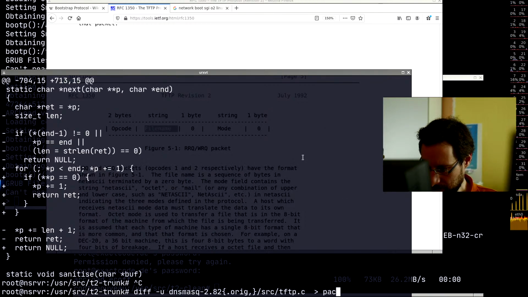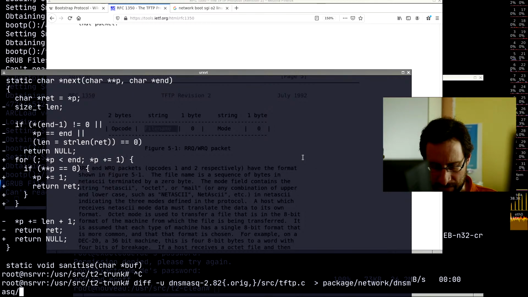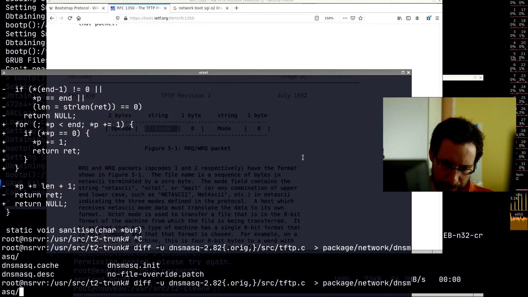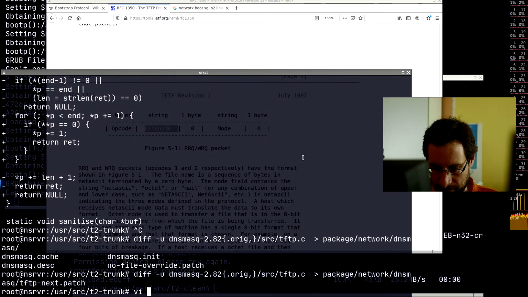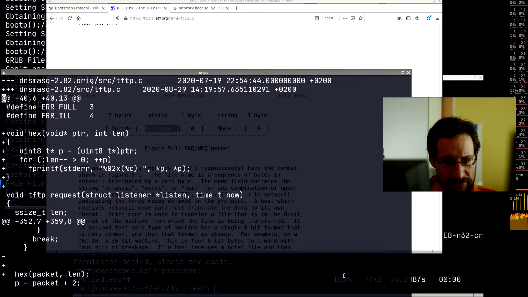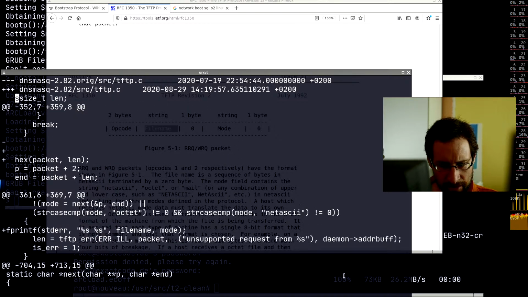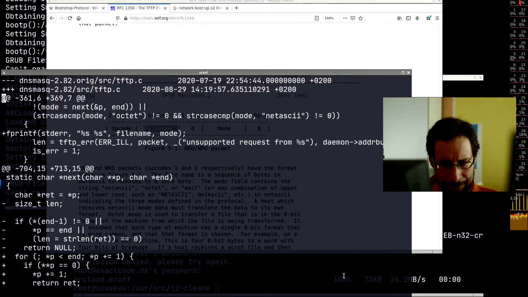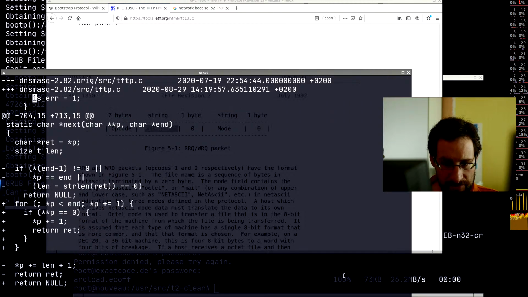Yeah, plus some more. We are also great fans here of simply hand editing dnsmasq. So what else did I add here? This was the hex dumping, so obviously we don't hex dump the packet here. We have some open coded test stuff, and here is